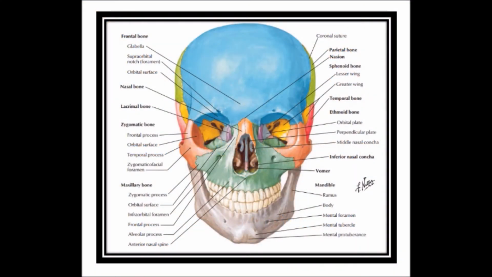To begin, we will be looking at the bones of the skull. We will look at the foramina towards the end of this tutorial. The skull itself is comprised of 22 bones and can be divided into two portions, namely the neurocranium, which is